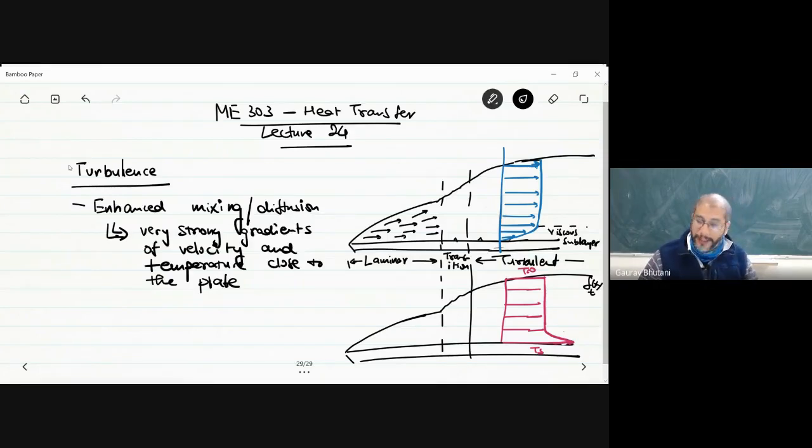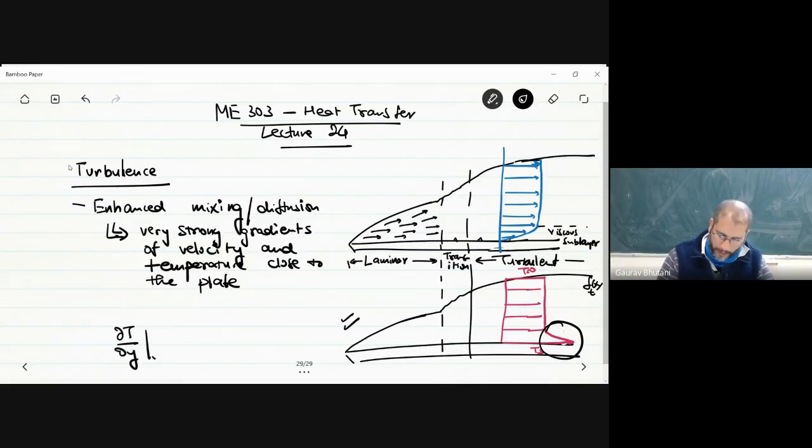So remember that the aim has been to calculate the rate of heat flow out of this plate in this flat plate discussion that we've been having. So in this plate that we have here, to calculate the rate of heat flow because of convection, remember it is this gradient of temperature on the wall that matters. So we have been interested in this quantity del T by del y at y equal to 0. And that is exactly what we are interested in here.